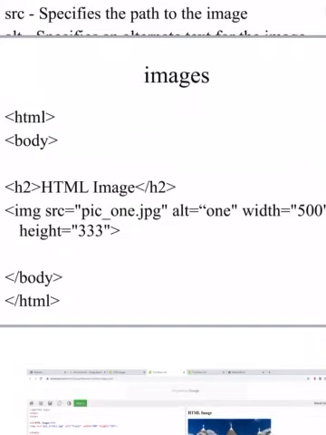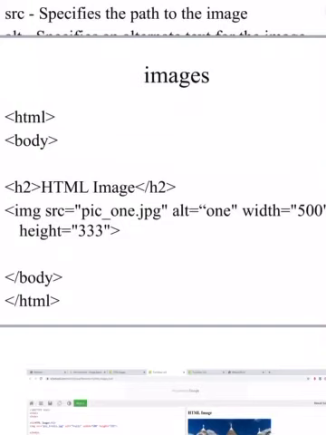So here we have to use a valid image format like .jpg or .jpeg, .png, like that. We have to use a valid image extension, and it is compulsory that the particular image should be available in our current working directory.